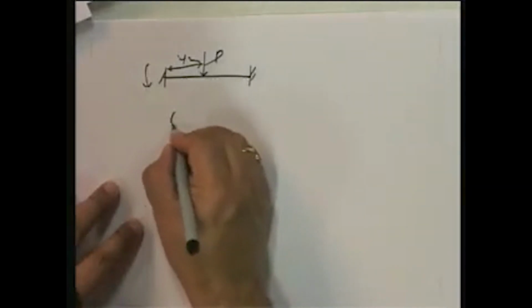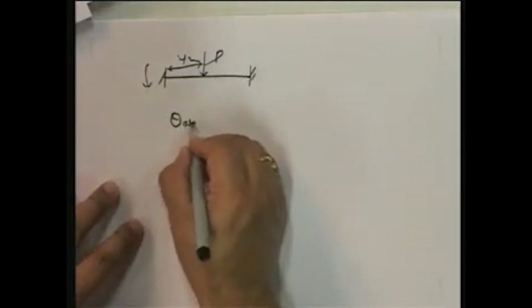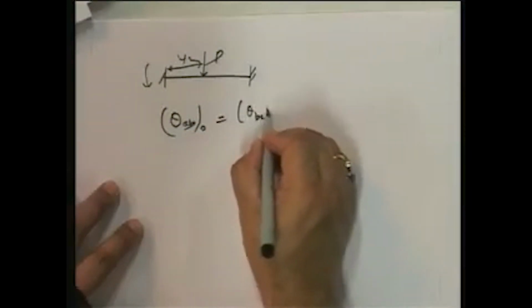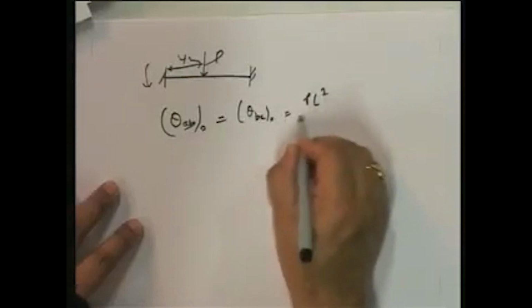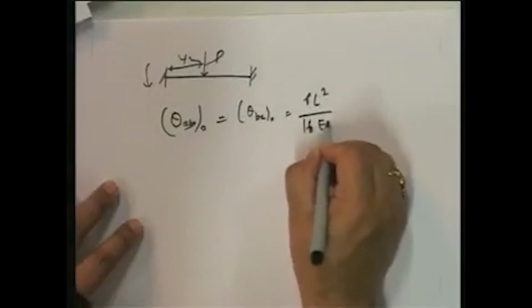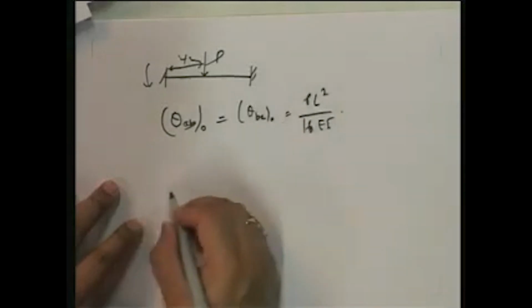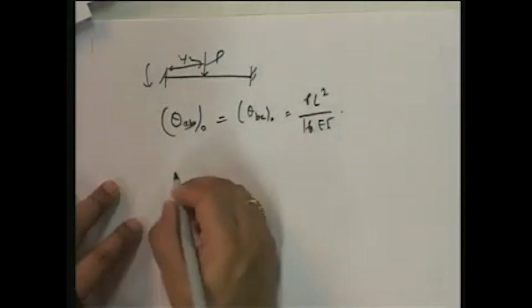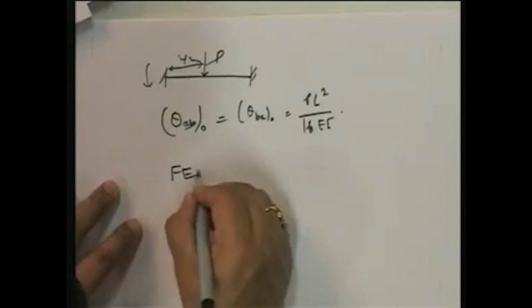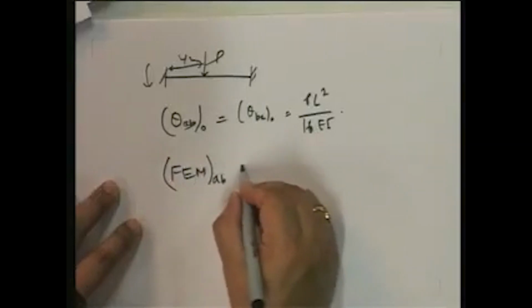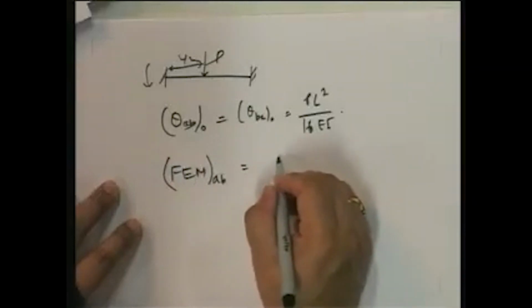The fixed end moments, what were theta AB 0, theta BA 0, we've already computed this, PL squared upon 16 EI. Okay, so I'm going to plug those in to my slope deflection equations, and what do I get? Fixed end moment at AB is equal to, let's see,